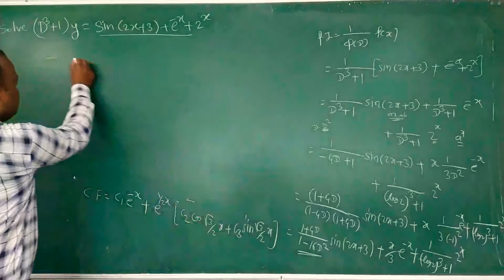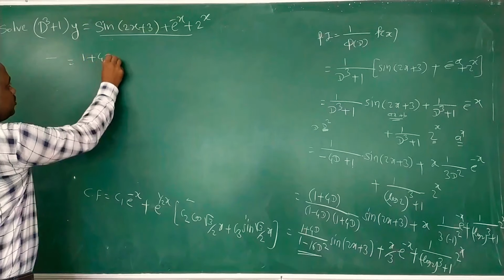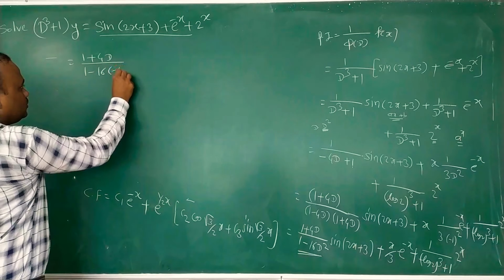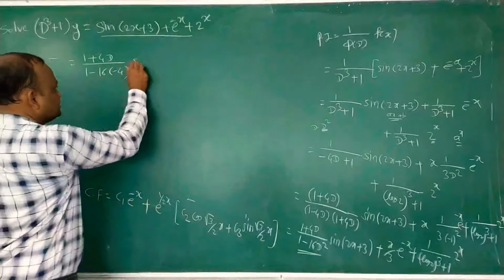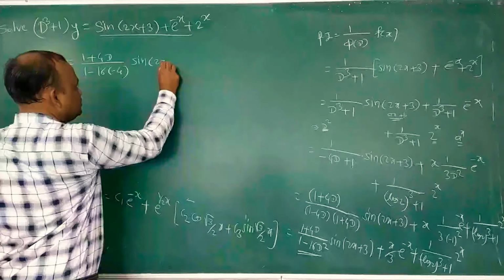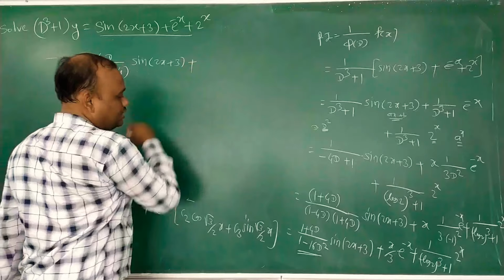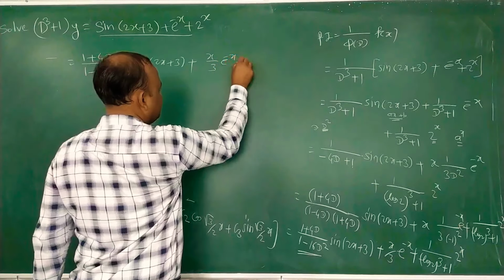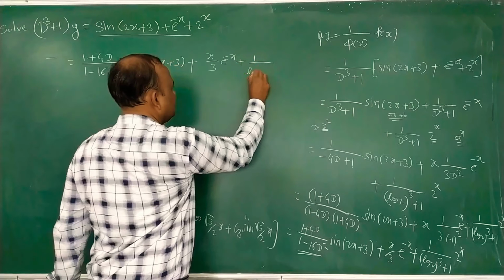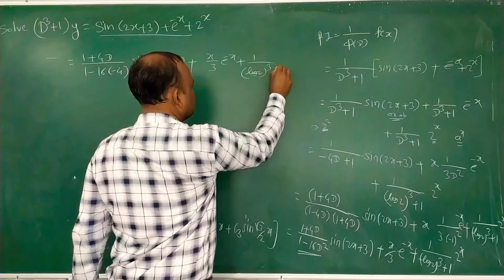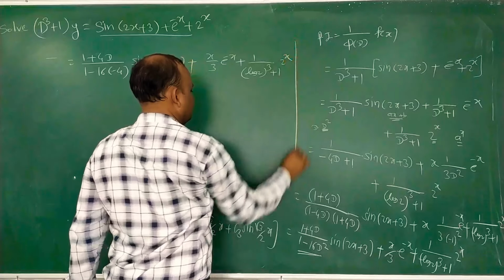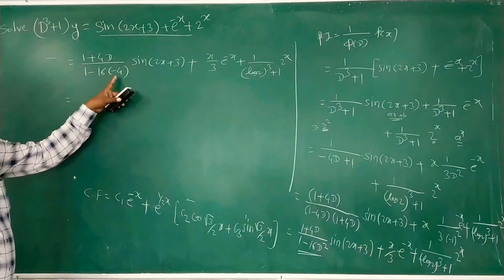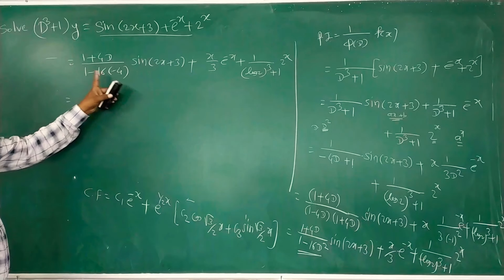So it is equal to 1 plus 4D upon 1 minus 16 into minus 4, sine of 2x plus 3, plus x by 3 into e to the power minus x plus 1 upon log 2 cube plus 1 into 2 to the power x, equal to, after simplification, this 16 into 4 is 64, and minus minus plus, 64